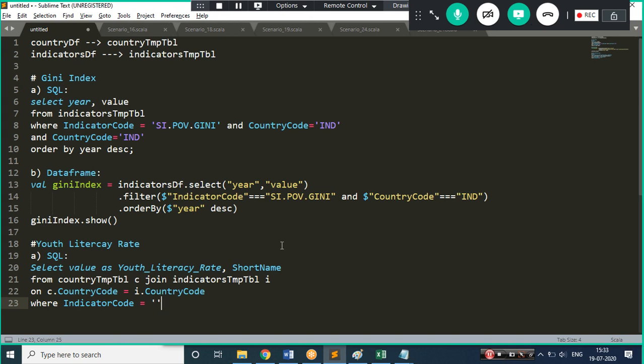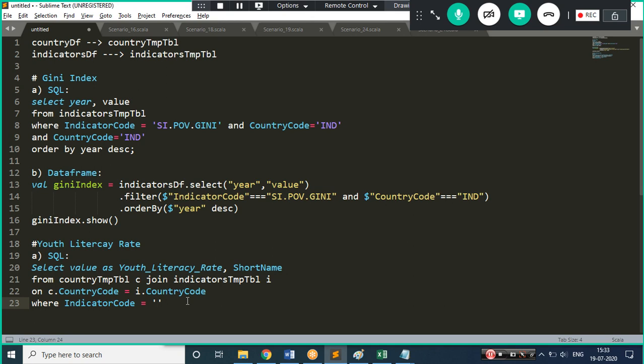I'll be able to find out that, but I know this, so that's why I'm just trying to write this in one go. Okay, so these are certain synonyms which have been used, so don't worry about this. This will be, like, once you work in a certain project, you will be having all the information. Okay, so this is a literacy rate kind of thing which I'm trying to find out.